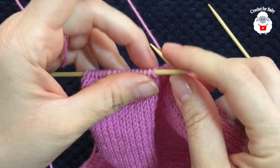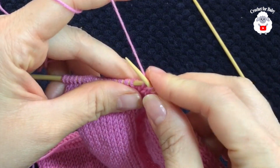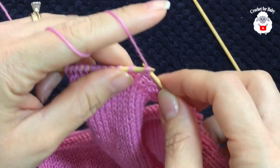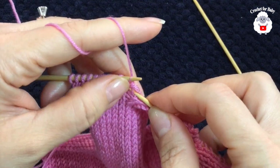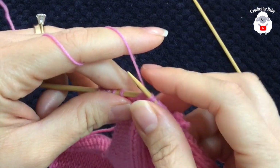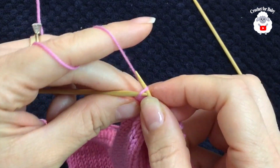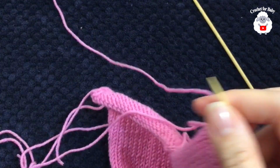Here we're going to knit these 17 stitches. So the first stitch we're going to knit. Okay, so knit the next. That's 2, 3, 4, 5, 6, 7, 8, 9, 10, 11, 12, 13, 14, 15, 16, and 17. Okay, so now we're going to let go of this knitting needle,